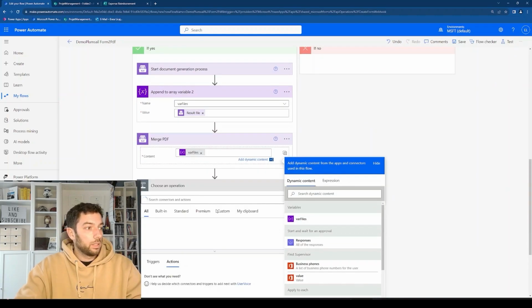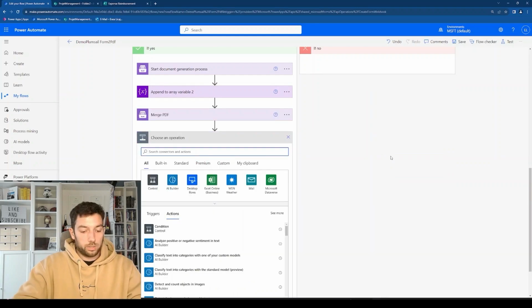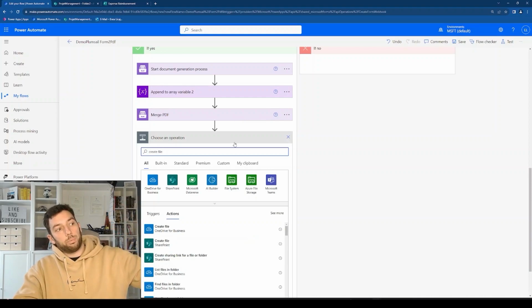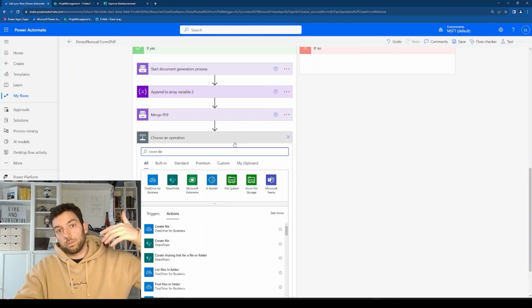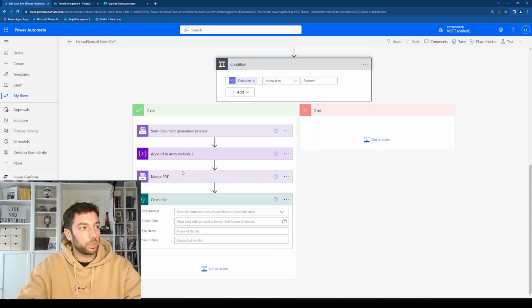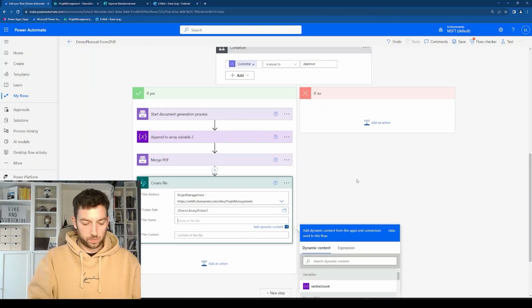And last but not least, we are going to say create file, because in this step we don't have that destination feature in the merge PDF. We have it in the start document generation process. So if we want to have the complete file with the merged attachments, we need to do a create file action from SharePoint. So the name of this file will be called